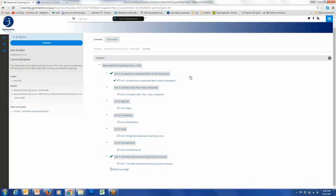And we know that because there's a green tick beside it. So when you've finished every single unit within the course, you need to be able to see a green tick beside every single one of these. All right. The other thing to note on here, the date you enrolled in the course,